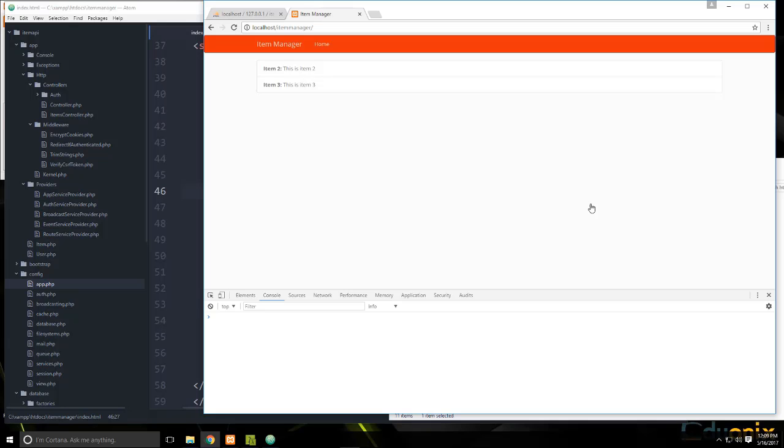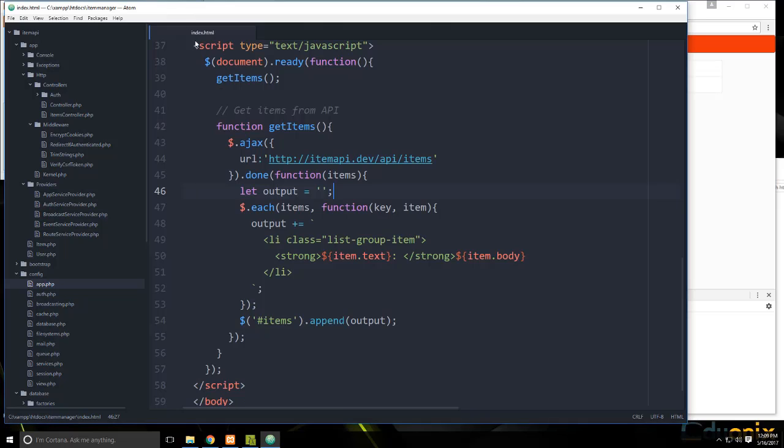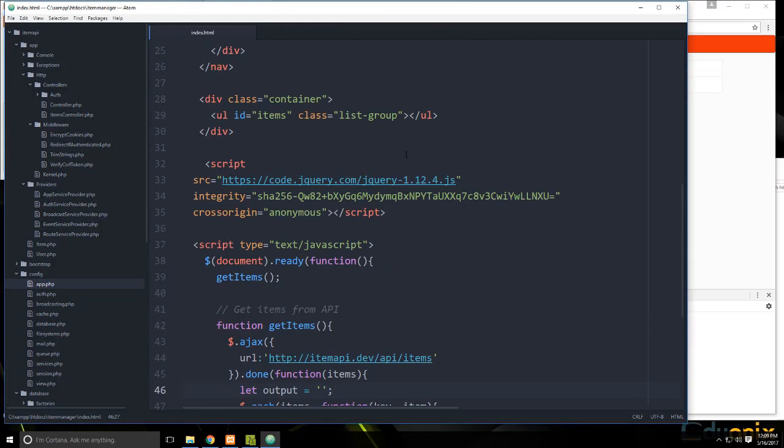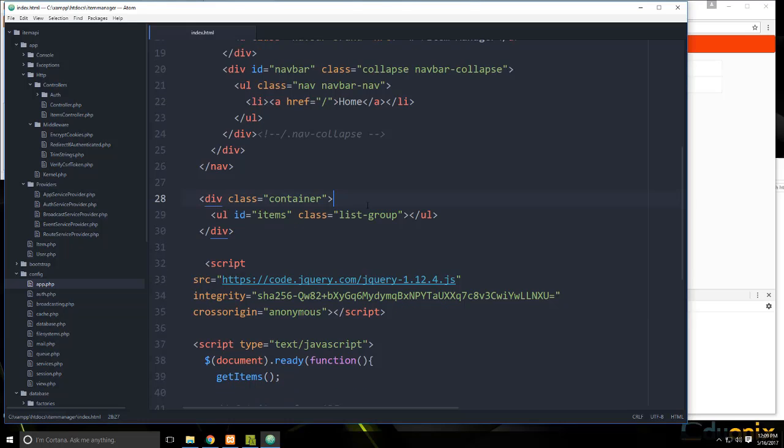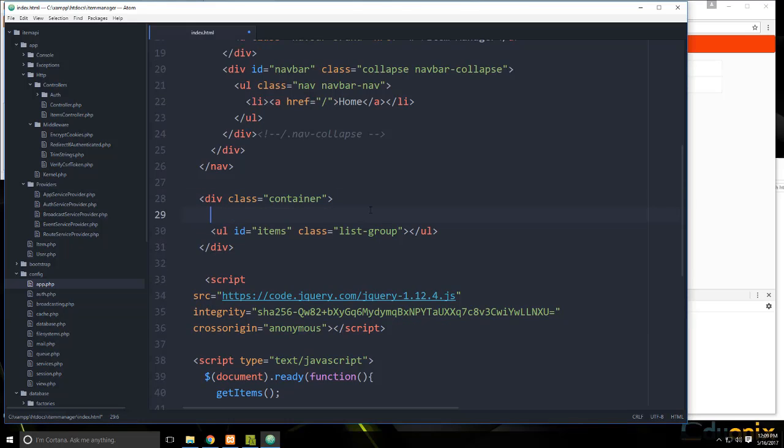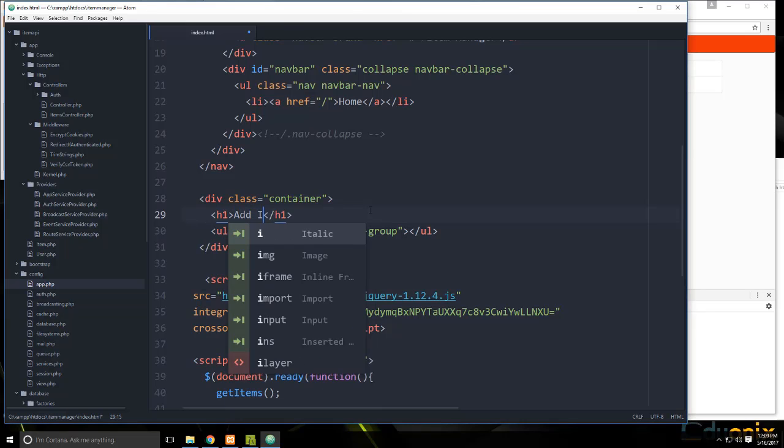Alright, guys, we're now fetching data through the front end application using our API. Now what we're going to do is make it so that we can add to the database as well through our HTML, JavaScript, and jQuery app. So I'm going to go to my index.html and we're going to create a form up here. So let's go right above the UL and I'm going to put in an H1 and we'll just say add item,